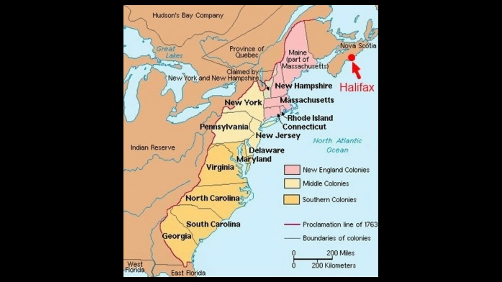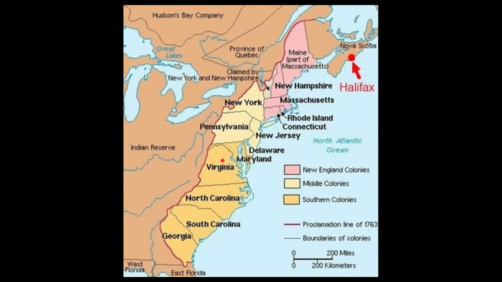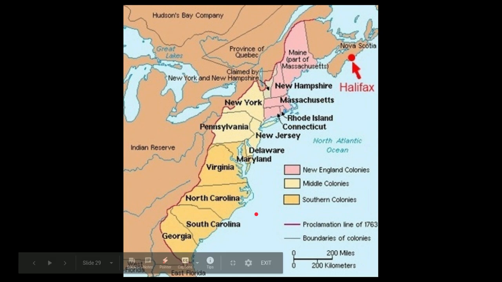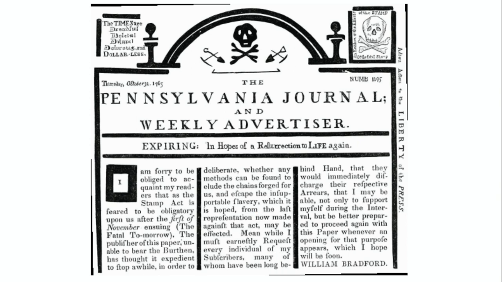if you refuse to pay your tax and you get hauled into court, no longer were these colonial courts, because all of the colonies had their own court system, acceptable for this law. They had to go to a British court, and the only British court in the colonies was up here in Halifax, Nova Scotia. And the colonies did not like this losing local control. So they're going to really protest. There's going to be riots in the streets, protests everywhere. It's really going to surprise people how angry people get.